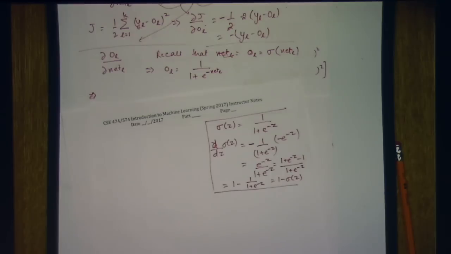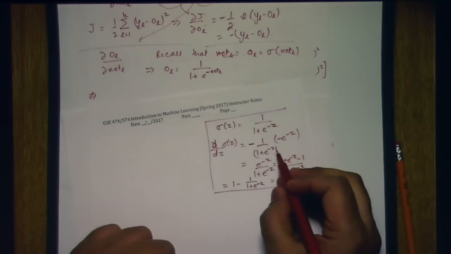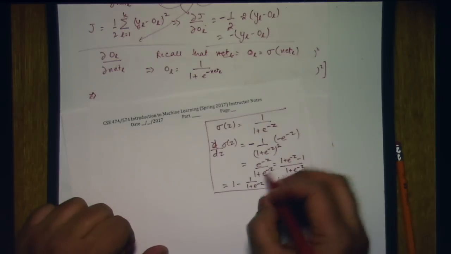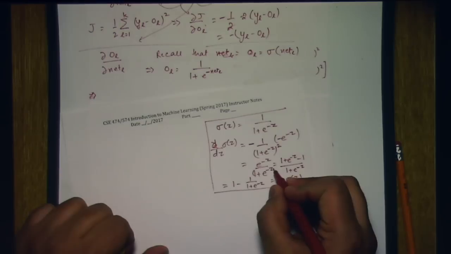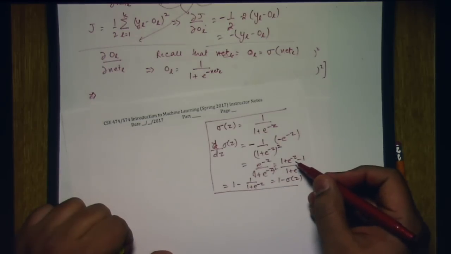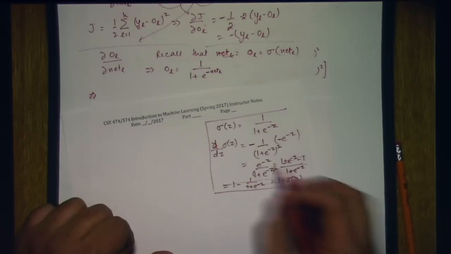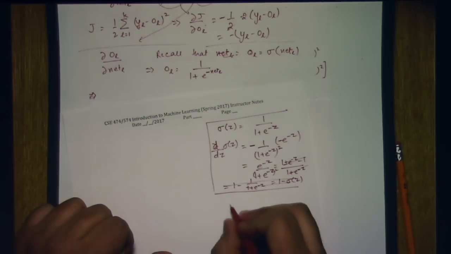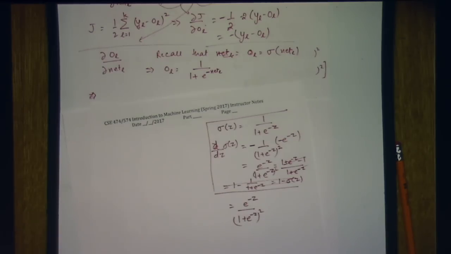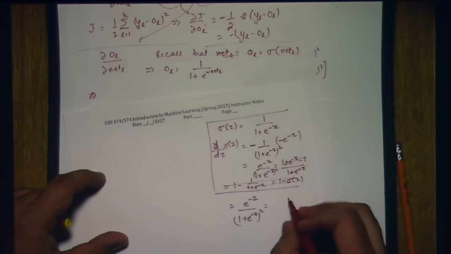No, I missed something. Oh, I'm sorry. This needs to be this. Okay, so this is this. This will be the square of this part, right? You're right, so let me rewrite it here. It is e power minus z over 1 plus e power minus z, whole square, right? Good. And I can write it as